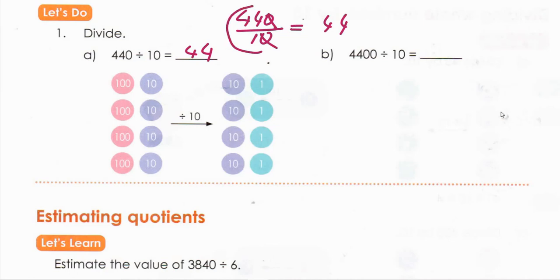Try to practice in this way, because this is the only way you are going to use it in higher classes. Similarly here, you cancel one zero with another 0 here, because it is your numerator value, it is your denominator value. 4400 by 10. So this single zero goes off. It becomes 440. You write down here as 440.